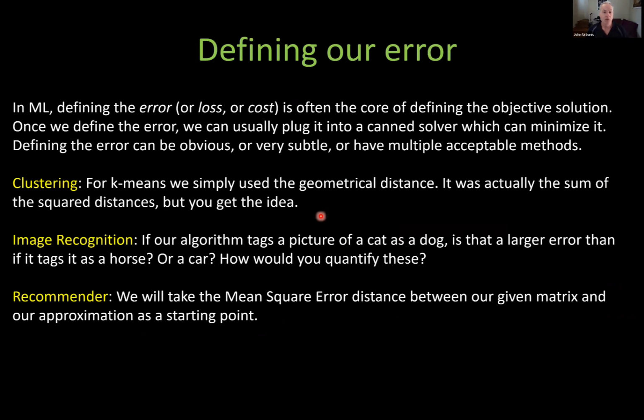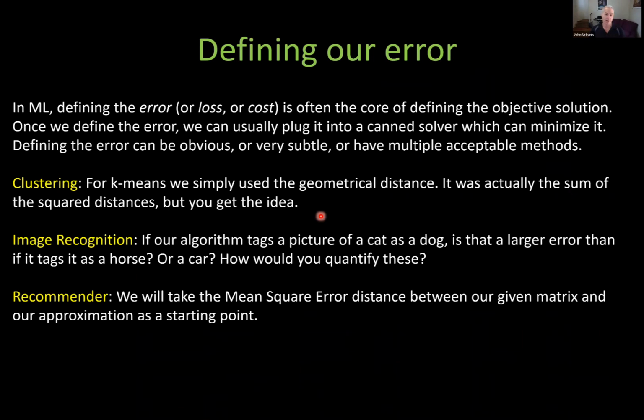Okay, now as we pursue this idea of compressing our matrix down into these smaller matrices here, we're going to wonder how terrible of a job we are doing. As we make the K smaller and smaller, how unfaithful is our representation getting? And so there's an error there that's going to show up. And once again, in machine learning, we're going to find an error is very important to defining our goal.